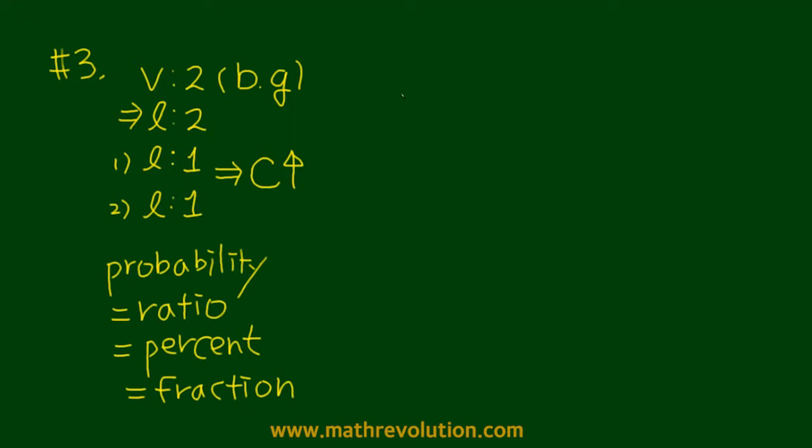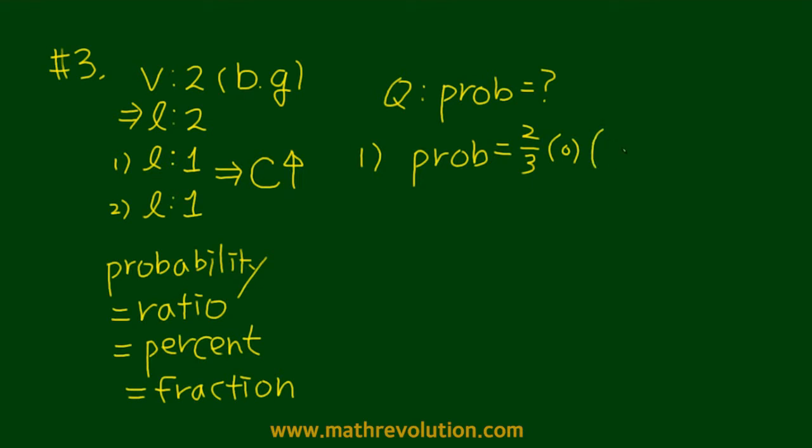Okay, now let's go back to our question, which was asking about a probability of something. But when we look at the conditions given, specifically condition 1, it gives us a fraction. It says that 2/3 of the class is boys. But since we said that they're the same as probabilities, it says the probability of picking a boy is also 2/3. So, condition 1 is sufficient by itself for us to solve the problem, and this suggests that A is